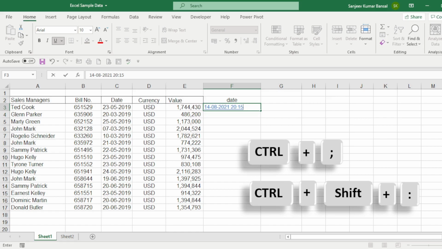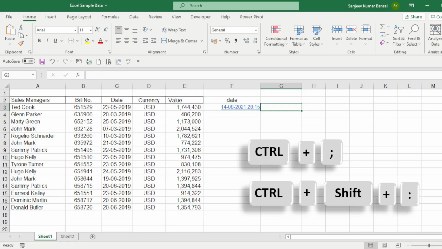Time will appear here. Press again control semicolon, space, control shift colon. Time and date.